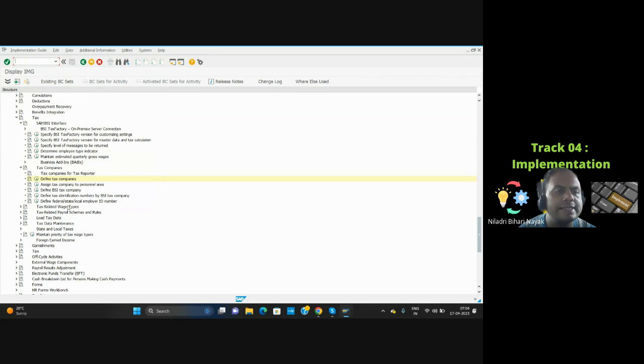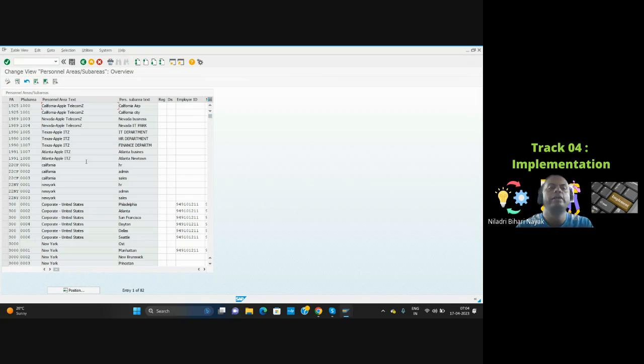Then the next one is assign tax company to the personal area, which is the most important one. Even if you created a tax company, you have to define which personal area it will belong to. So how will you define that? You can see that PA is there, PSA is there, personal area, personal sub area. If you go to the right-hand side of it,